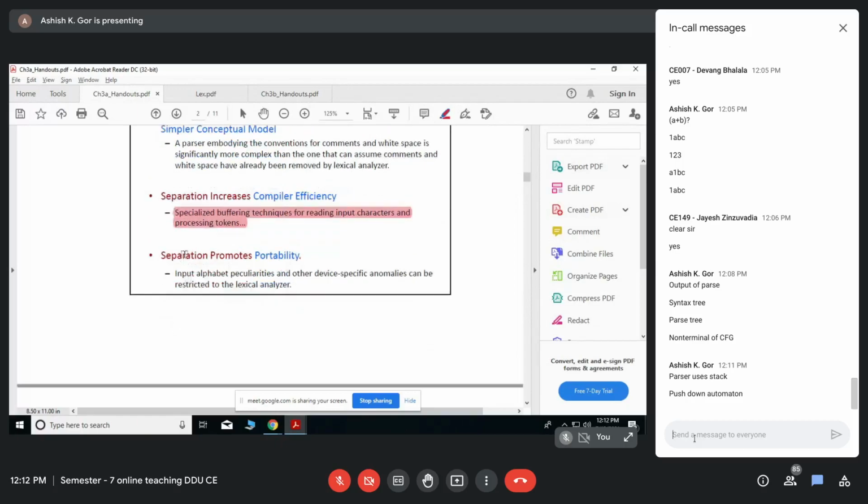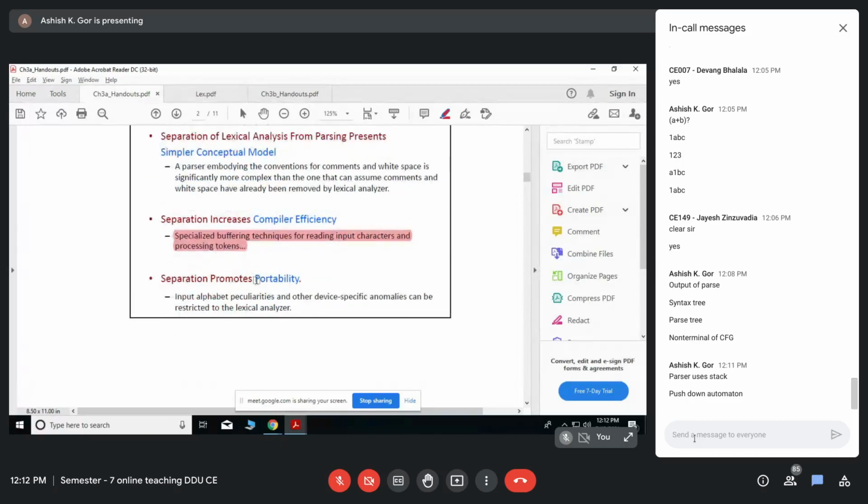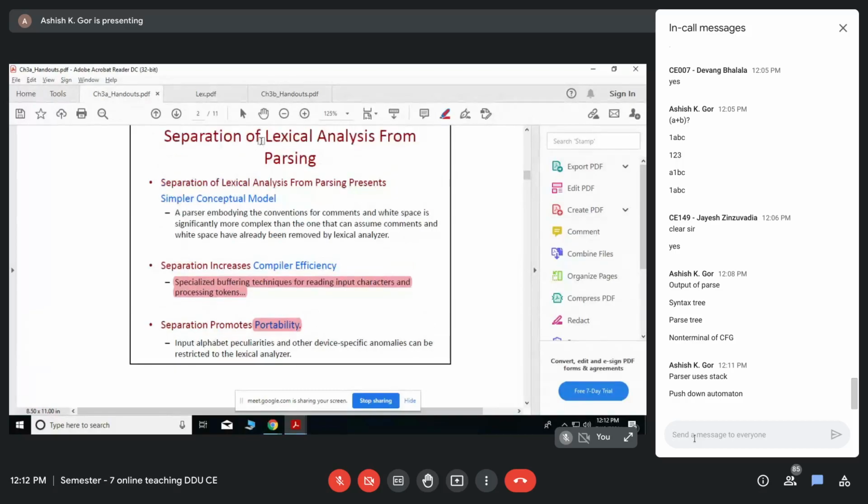The last advantage is portability. Input specific dependency is just a burden of the lexical analyzer: what is the input device, from where you are taking the input, and tokenization, everything is the responsibility of lexical analysis.